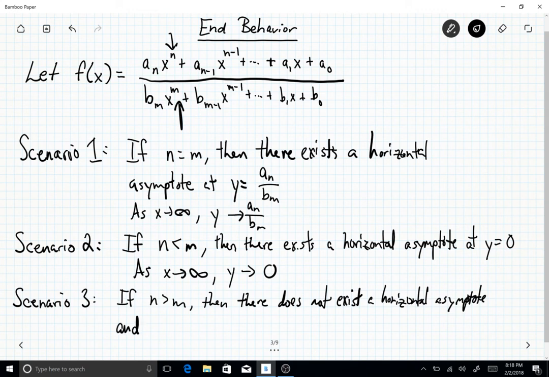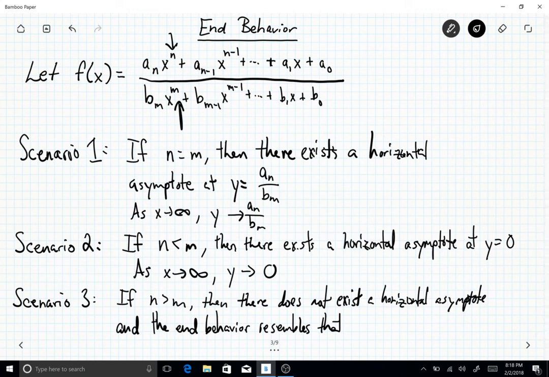We're going to turn this into a scenario where we're just looking at a polynomial of a certain degree. So the end behavior resembles, meaning it goes to positive infinity or negative infinity since you don't have a horizontal asymptote, a sub n over b sub m times x to the